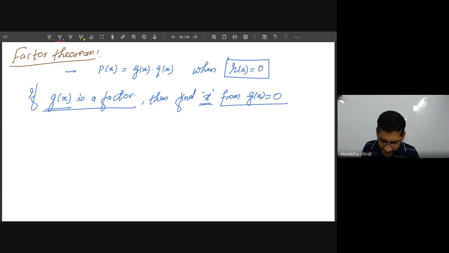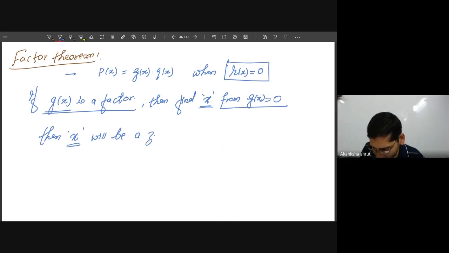Then you have to equate this g(x) to 0 and calculate the value of x. Then this x will be a zero of p(x), when this x